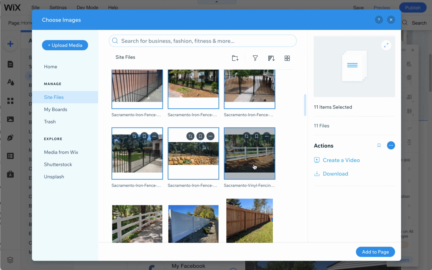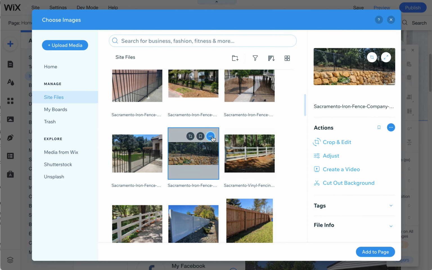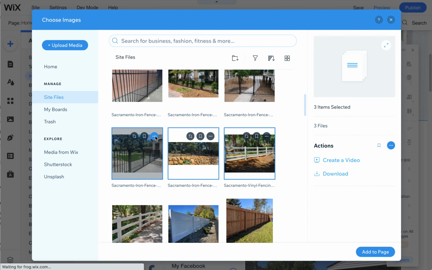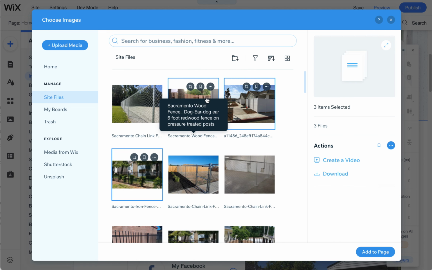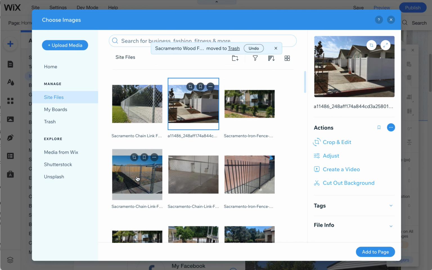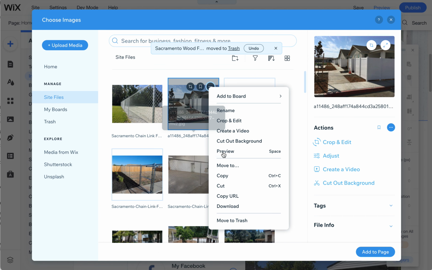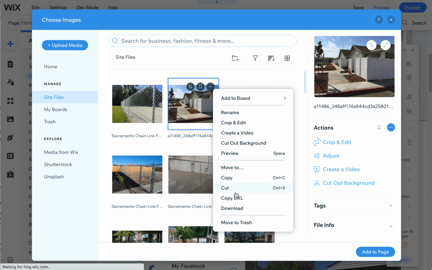You can select multiple ones by clicking and shifting, and then you can come up here. Oh, actually, I'm sorry, you can't do that. You have to move them to trash one by one. Well, maybe not. I thought you could do it. Let's try it real quick. I'm going to select 3. Yeah, I think you have to do them one by one, unfortunately. But we can go through and at least get rid of some of these so that they're not